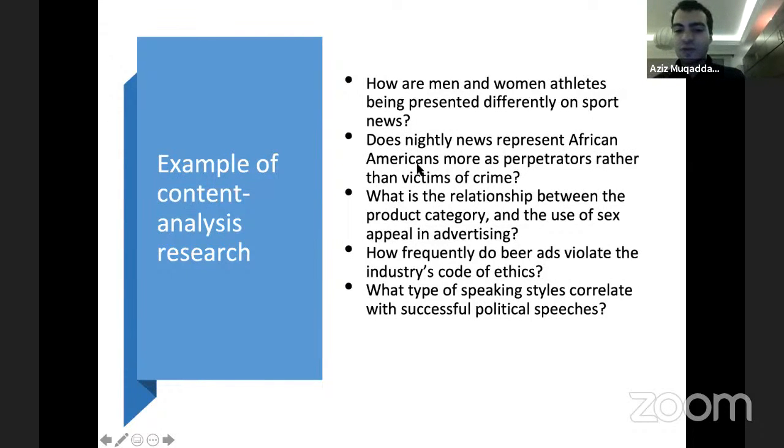What's the relationship between the product category and the use of sex appeal in advertising? That's, for example, something some people are interested in, right? So for instance, in what product or commercial category is sex appeal used the most? So you can think of,